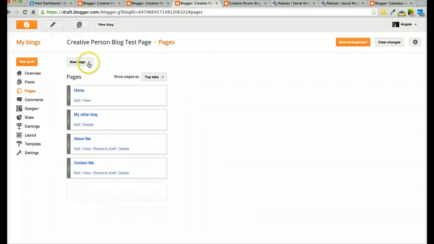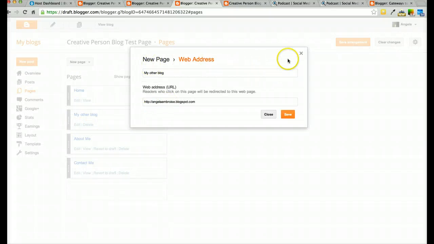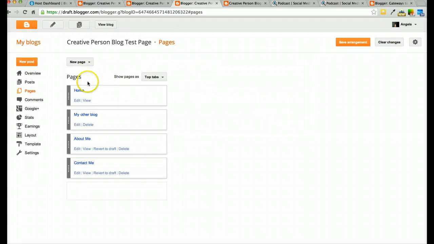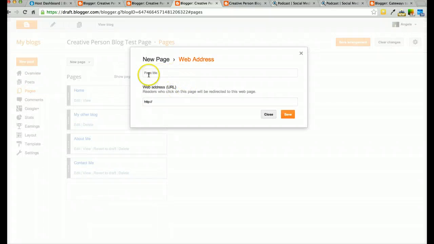So when we were working on creating your other pages, and we came to this page, which is, well, it's not a page, it's a tab, right here where it says web address. And I mentioned that when doing your pages, if you're a photographer or an artist, let's say who has a studio, it can be for various reasons, but let's say you have pictures or something else that you want to show your audience, then what you will do is